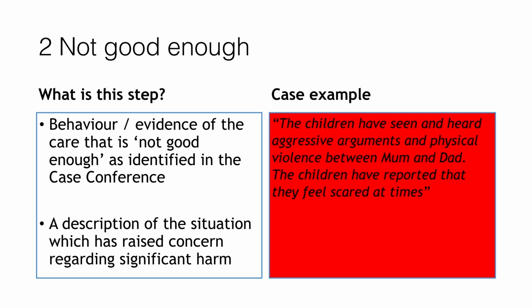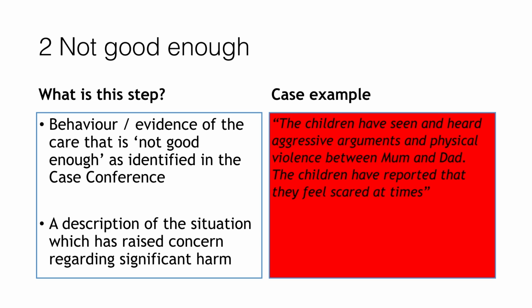The change here was: Mum and Dad need to ensure that they are managing their behaviour and ensuring that the children are not exposed to aggressive arguments and physical violence, as this has left the children feeling scared in the past. The evidence that care was not good enough was defined in the social work report at case conference as: